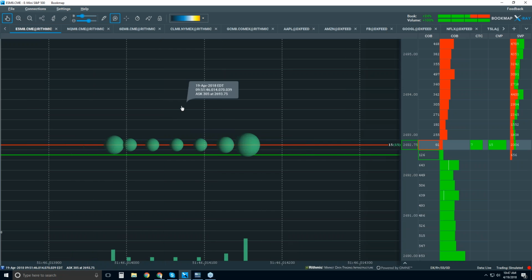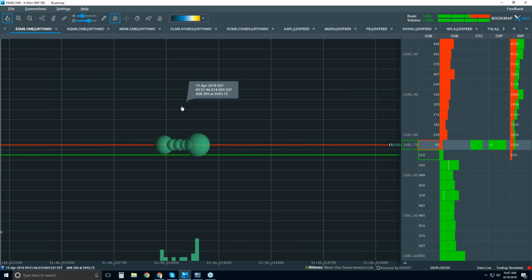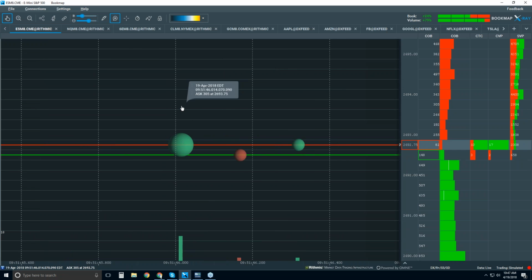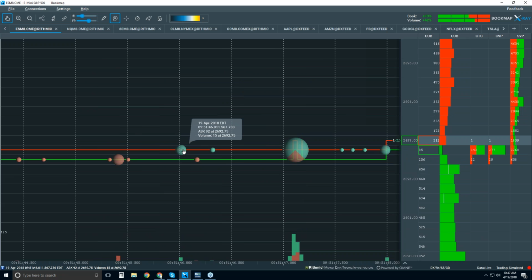Okay, so now, but we don't trade at those levels unless you're trading algorithmically. So we zoom back out and we visually or graphically aggregate that into a bigger dot. So that's what you're looking at. Now this dot here, you can see that about 3/4 of it is aggressive buying, but 1/4 of it was aggressive selling. So there's a big flurry of activity here, 242